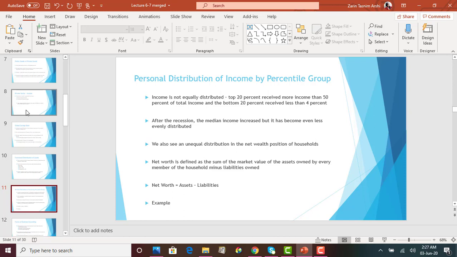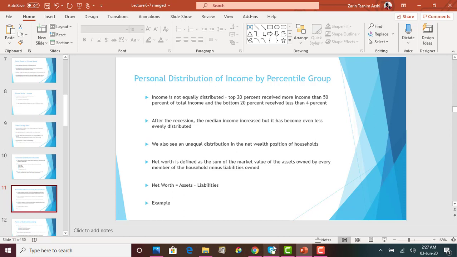Assets meaning anything that he owns, like house, cars, furniture, cash money, everything, all the assets that he owns minus his liabilities. Liabilities means like his home loan, his car loan. So we add all the assets, then we subtract all the liabilities, then we get the net worth, and that is what it means. Okay, so net worth is given by the formula assets minus liabilities,